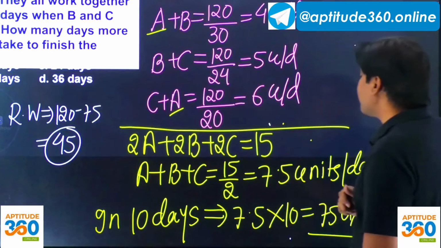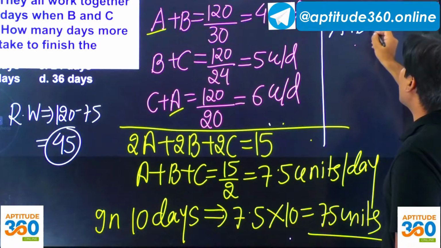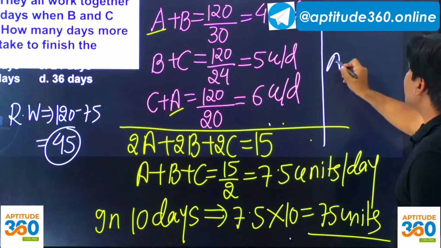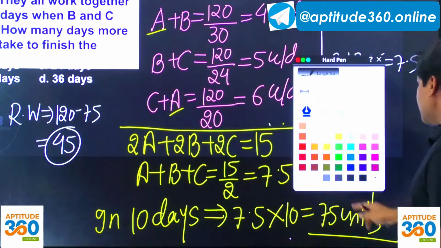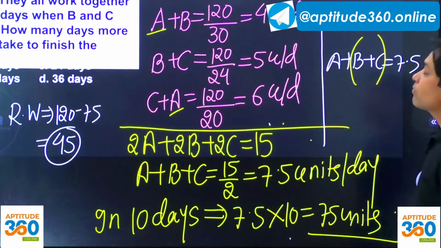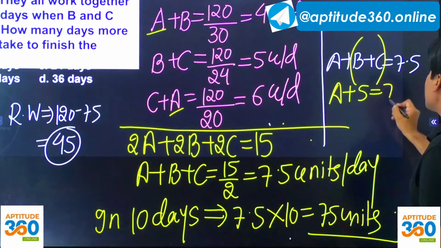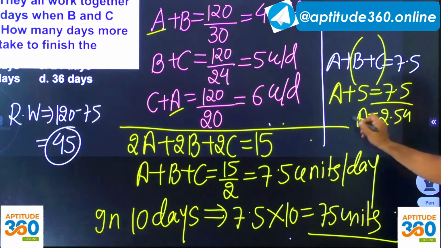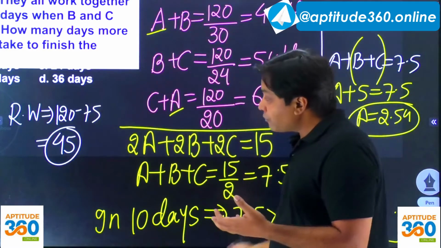So in order to find this one, understand, it's pretty simple for you to find out. You already have an understanding that A, B and C, they collectively can do 7.5 units per day, isn't it? And out of this, you also understand, because the value of B and C is given to you as 5. So B and C are doing 5 units per day. So how many units is A going to be doing per day? Now we can find it out, which is 2.5 units. Did you understand this? So A does 2.5 units per day, and A will have to complete the remaining work,